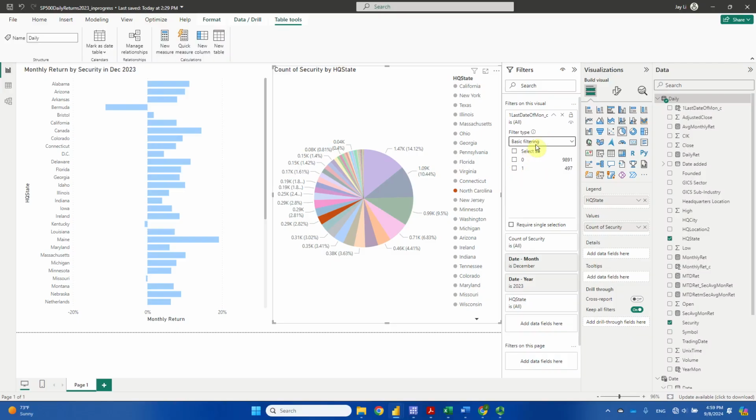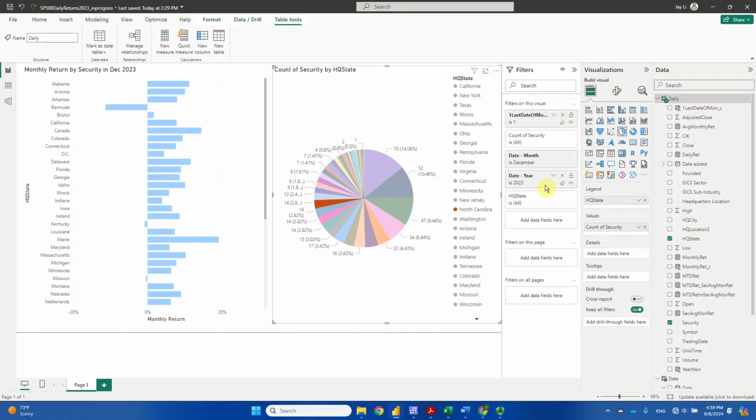When this data field equals 1, it means the day is the last day of the month. So I'm going to specify I'm only filtering in the trading dates which fall on the last day of the month. Okay, so here we go. So now I set up these filters such that I'm only focusing on the last day of December in year